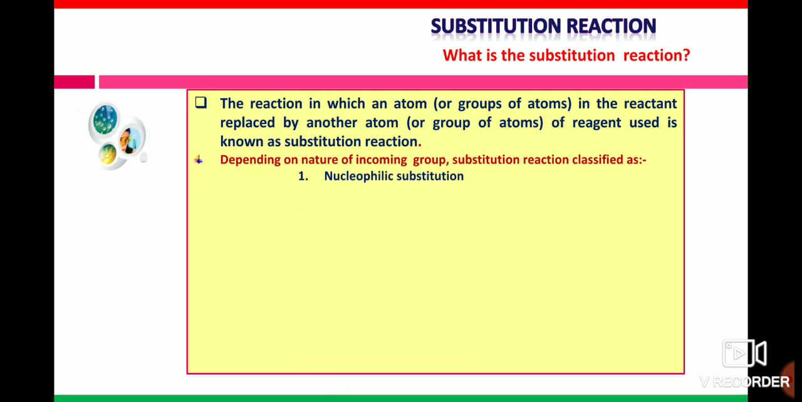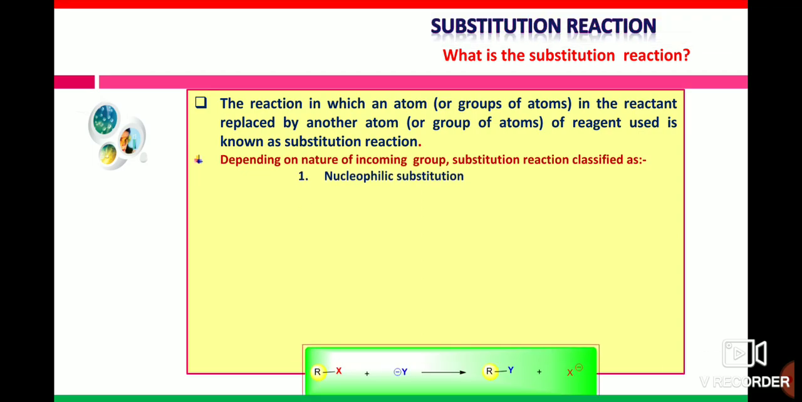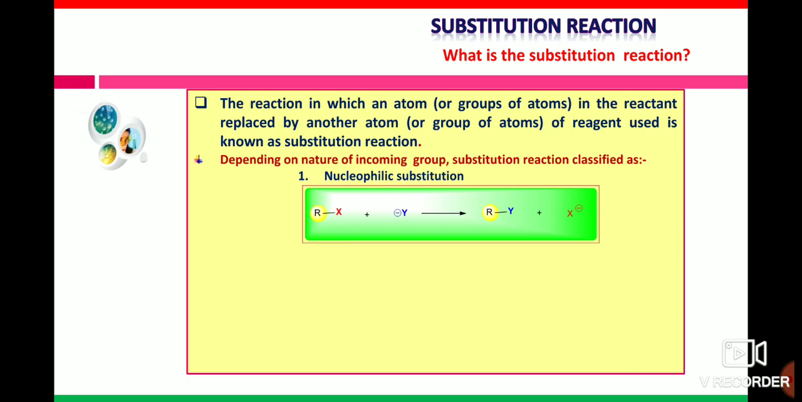Consider the first, nucleophilic substitution reaction. What is the nucleophilic substitution reaction? The substitution reaction in which the atom in the substrate is substituted or replaced by an incoming negatively charged group, that is a nucleophile, to give the substitution product. This is known as nucleophilic substitution reaction. Look at this example. Atom X in the substrate is replaced by negatively charged atom Y, which is known as a nucleophile,